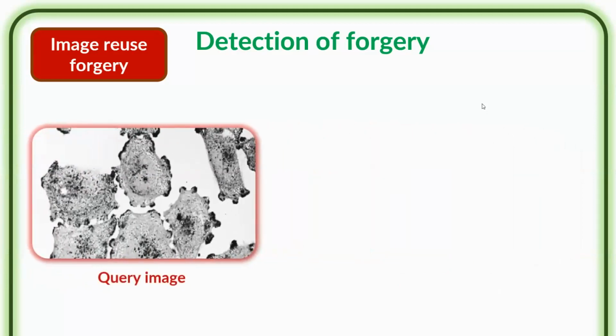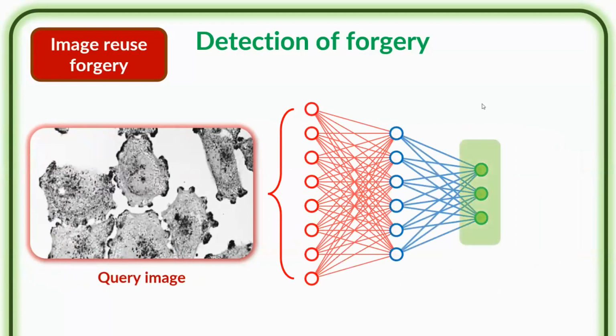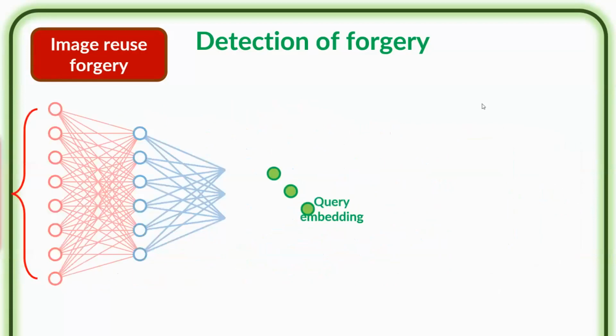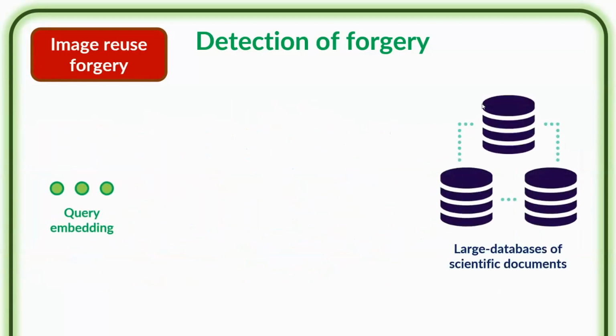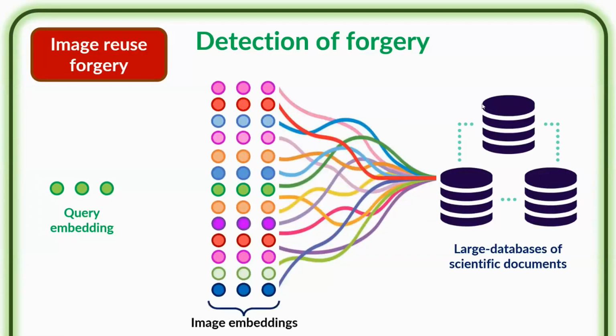So what we can do is, whatever your query image is, and this is something that is being actively done, we can try to find a query embedding or image embedding. Image embedding is basically a representation of an image by a neural network. A lot of these autoencoder or encoder-decoder architectures are able to represent the image as a query or an embedding. So we can generate a query embedding for this, and we have large repositories of scientific documents. We can extract billions of images from them and create image embeddings for each of these images.